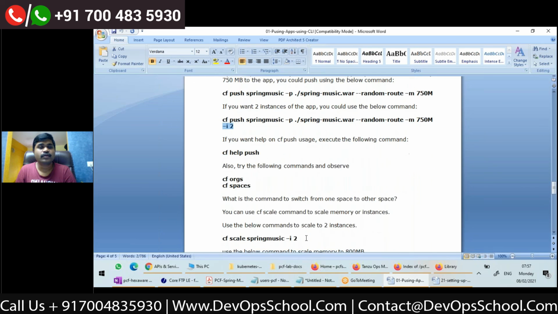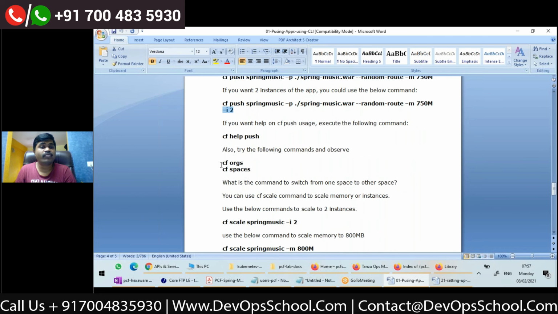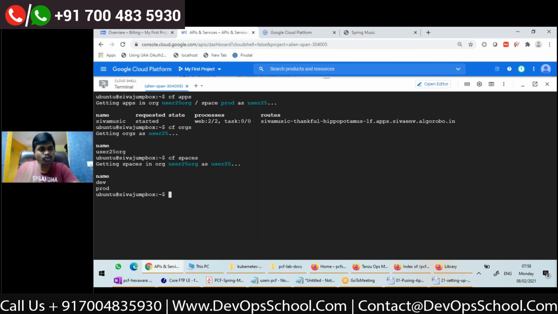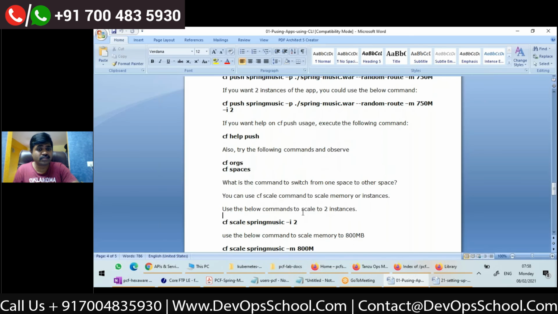If you want to see the orgs to which you belong, you can use the command cf orgs. It will show what all organizations you belong to. This is the org name. And cf spaces will show the spaces to which the logged-in user belongs, dev and prod. These are the basic commands.